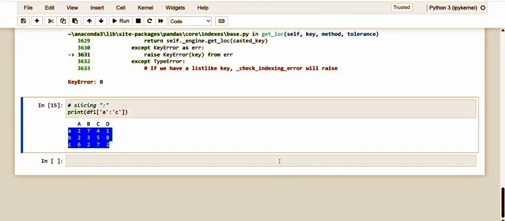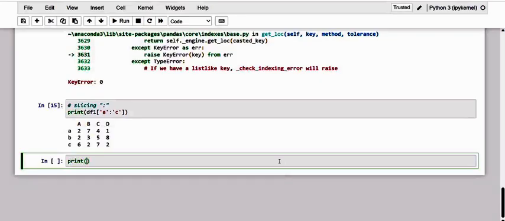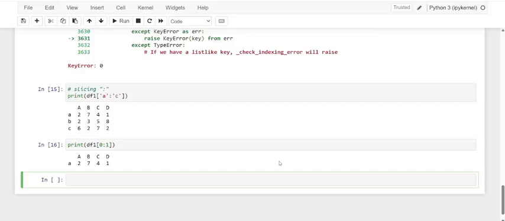So let me give it. Kindly observe, this is the data frame, and here we go with 0:1. To select a single row, we still have to use slicing as shown here.